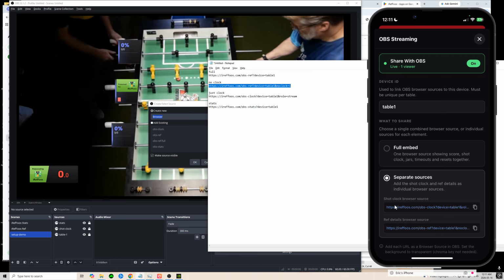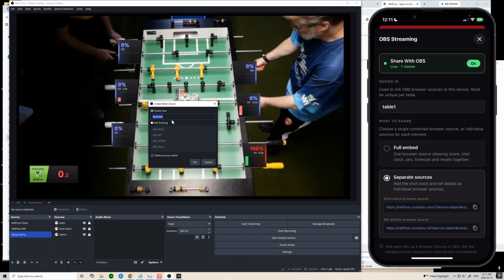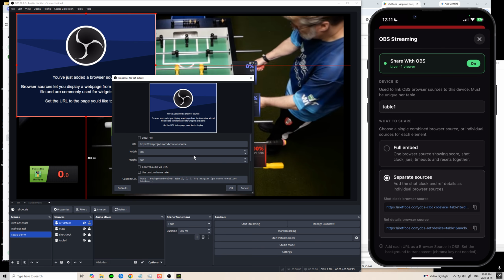If you look at it, it says, for just the reffing details, OBS ref, device equals table, and then no clock equals 1. iRefFoos builds all this for you. You don't have to worry about it terribly much. So this is going to be the reffing details. You name these whatever you want. That's what you're naming your browser source, and then you paste in the URL here,